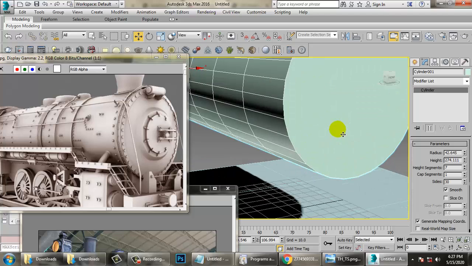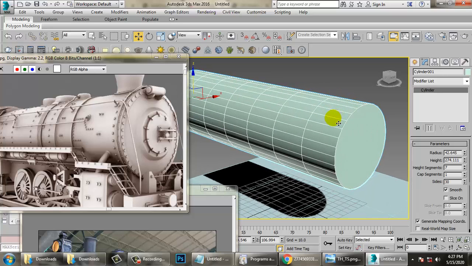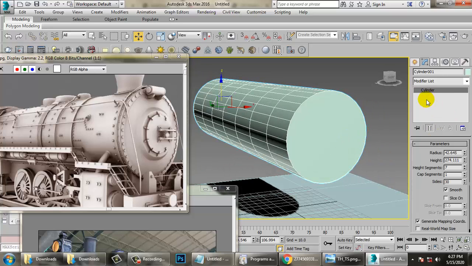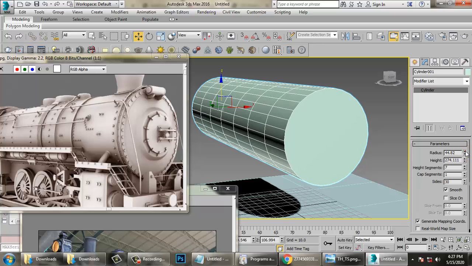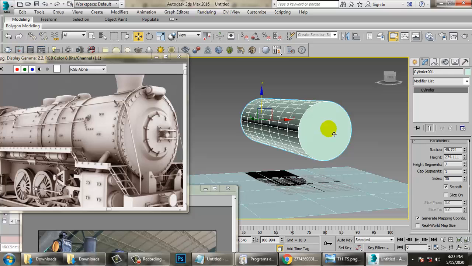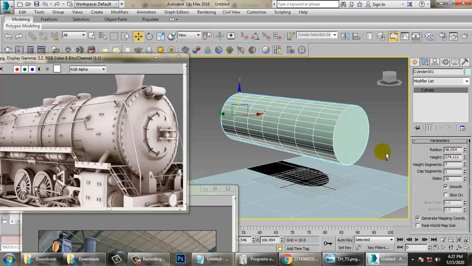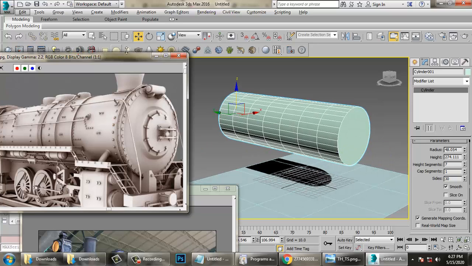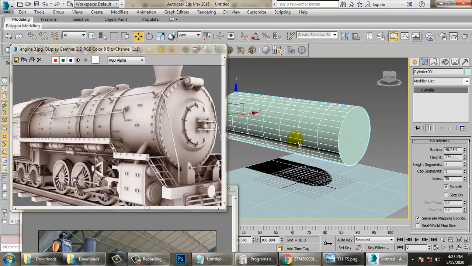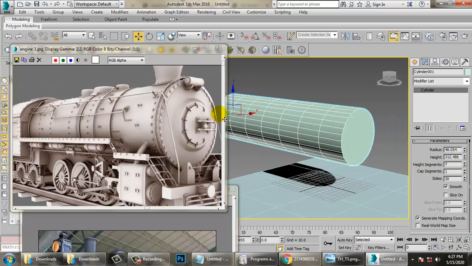Once you're done with this, I'll increase its radius a bit. If you want to increase its radius, you can just increase it. Once you're done with the radius, we can increase its height whenever it is required.